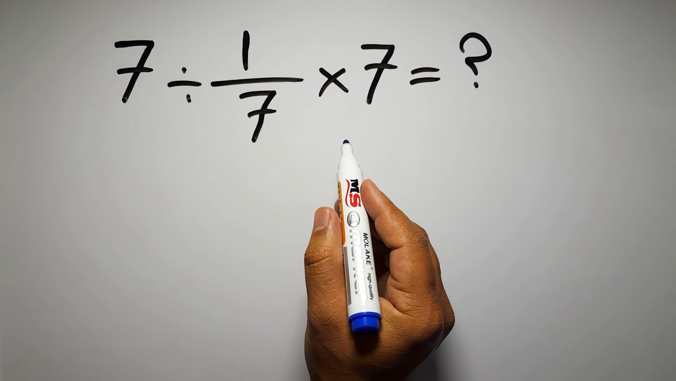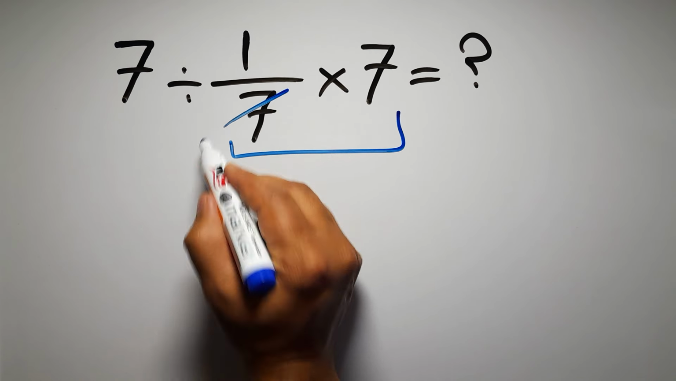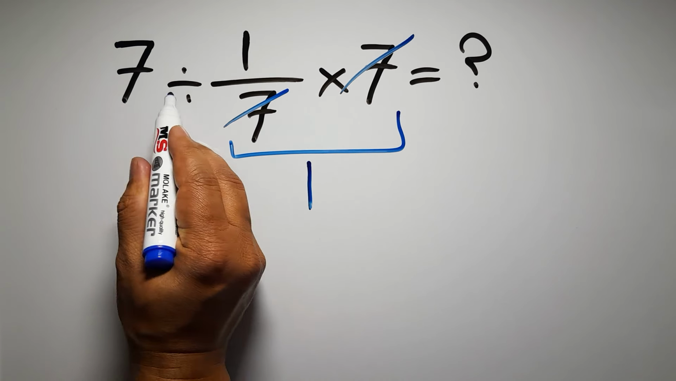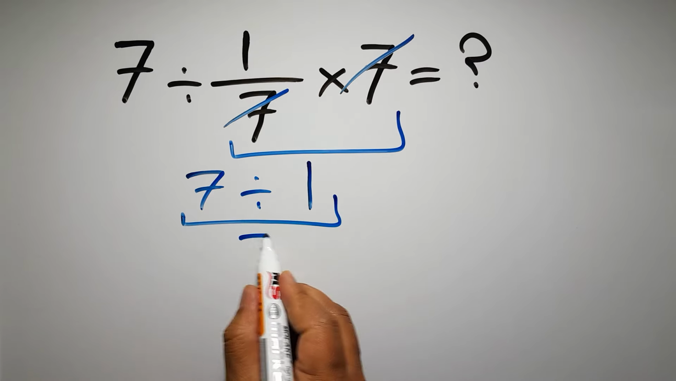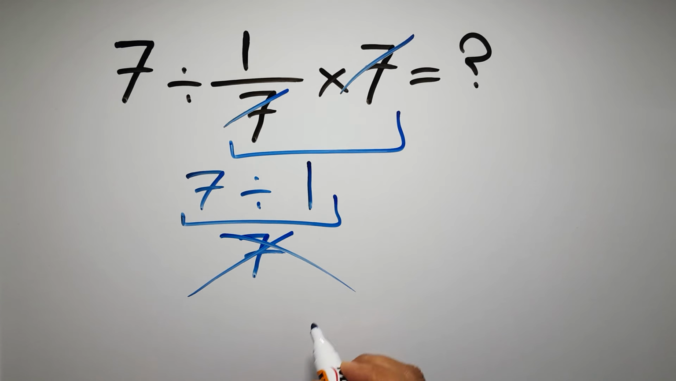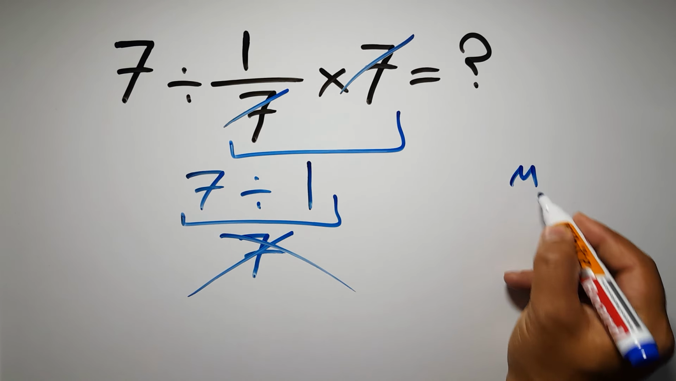First, we do this multiplication, 1 over 7 times 7. We can easily cancel this 7 and this 7, so we have just 1. And 7 divided by 1 gives us 7. But this answer is not correct, because according to the order of operations, multiplication and division have equal priority and